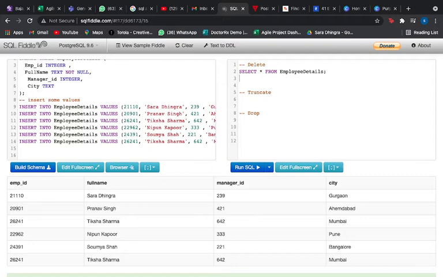Now let us first start with our delete command. As the name suggests, it is used to delete any tuple from the table or the entire table itself.